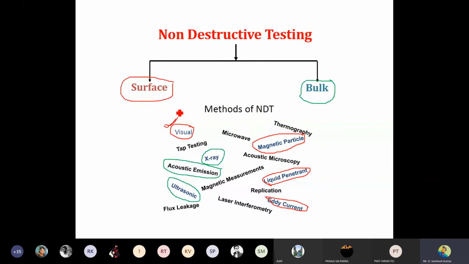So everyone has experienced this visual inspection method. I would like to give one example for better understanding of what the visual inspection method is. Please remember your second year. In the second year, you have the metallurgy and materials laboratory. In that laboratory, we are going for spectrography analysis, nothing but how to check its microstructure.